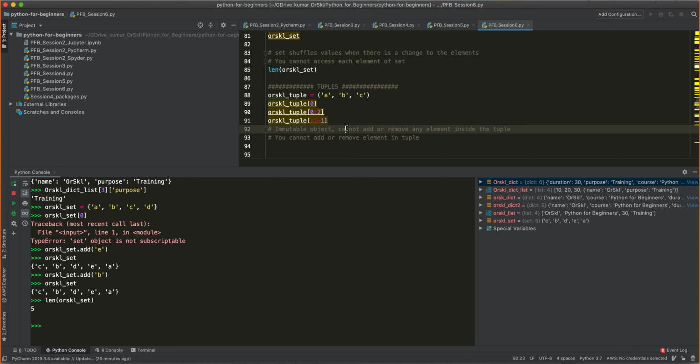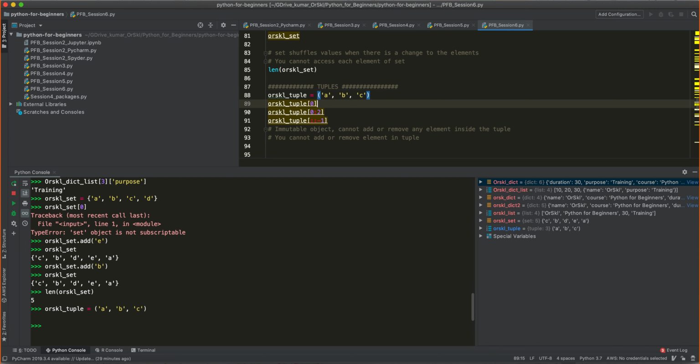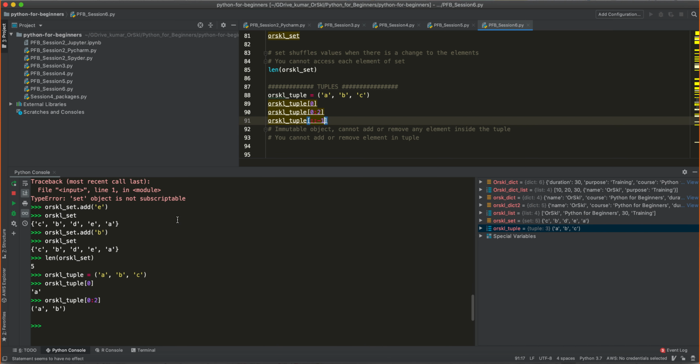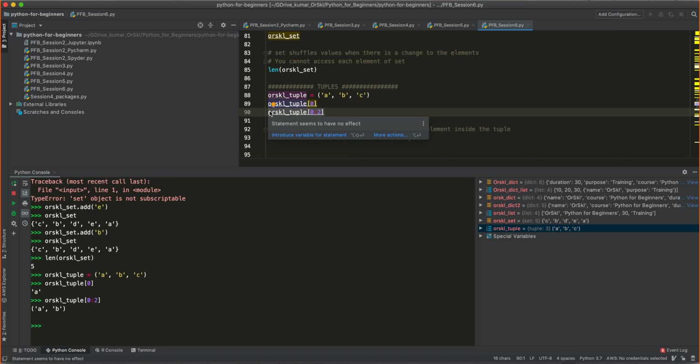Okay. All right. Now tuples. Again, the tuple is also very similar to your list. Instead of using curly braces or square braces, you have to use normal braces. If you use normal braces and group the elements, this is called a tuple. Let's create this. You see, it is called tuple here, with 3 elements. Now, tuple will have index just like your list. Tuple can also enable you to use your ranges, right? Slicing and dicing that you have learned in the list.